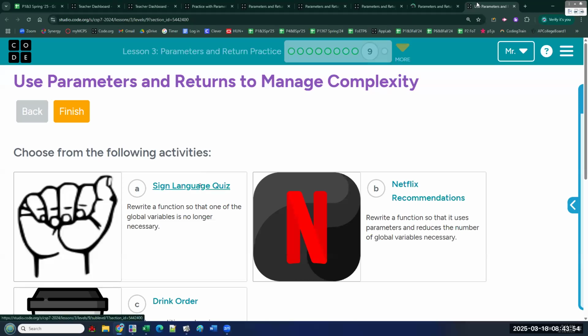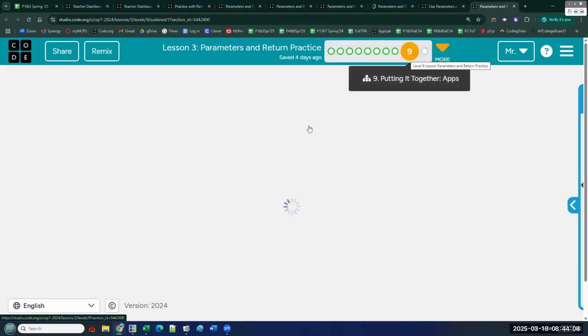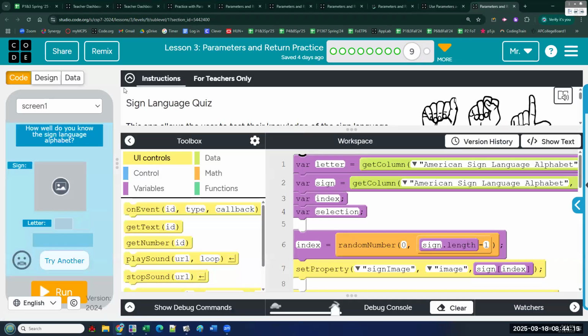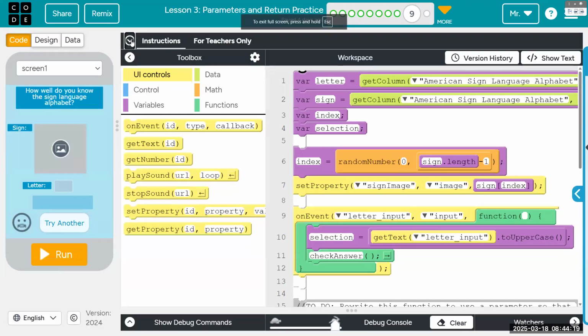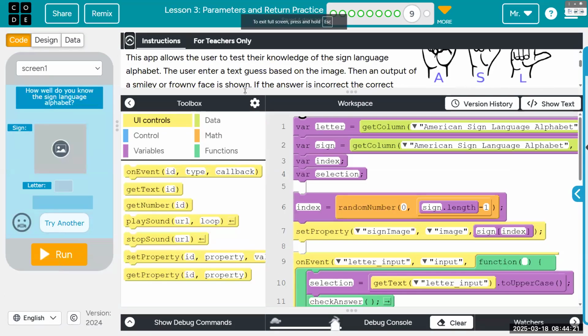Okay, I'm pretty sure we should be able to do this first one. In the past, some of these apps have been entire class periods. So this one lesson was like 4 blocks. We spent a whole block on each one of these in the past. Let's see what we're actually supposed to do for this year. Okay, so